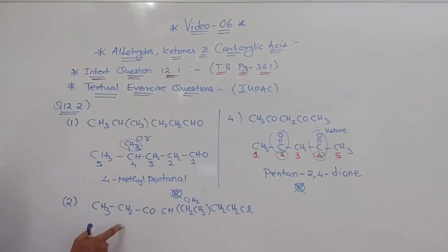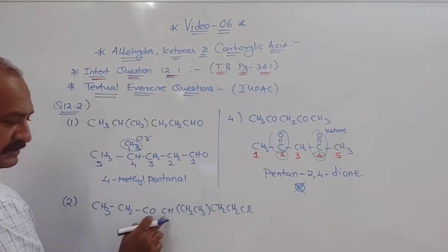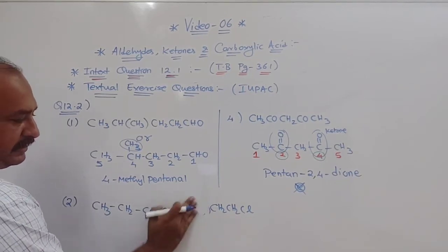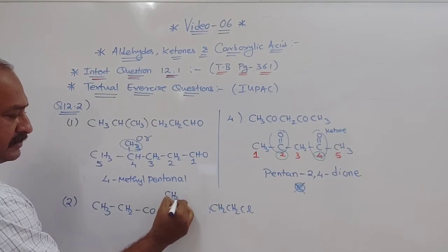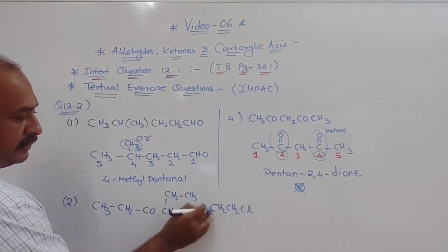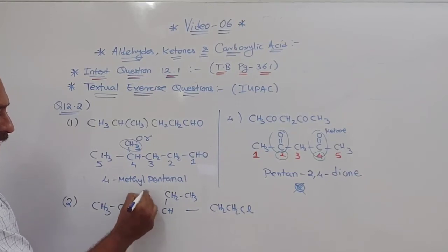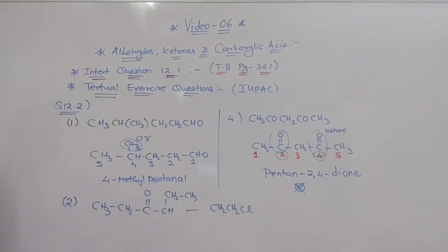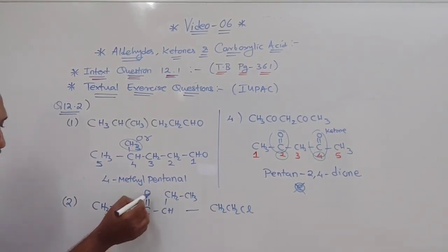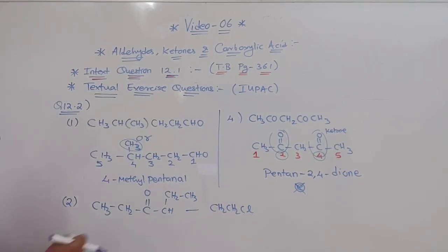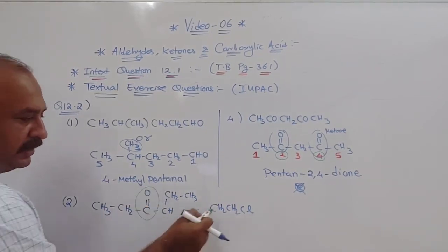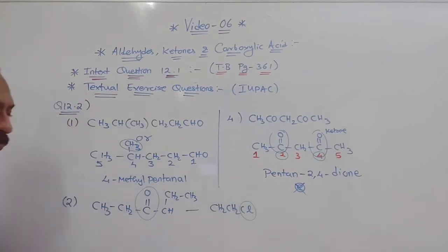Okay, so if we write this, I can write the same structure in this way also. This CH is here, no? So this bracket I will write on the top. That is CH2, CH3. Then this CH2 here, C double bond O, can be written like this. Now when we start in this case, always the preference is given to the ketone functional group, because this is which we say here. You can see I have highlighted it with a green marker. This is the ketone functional group and chlorine.